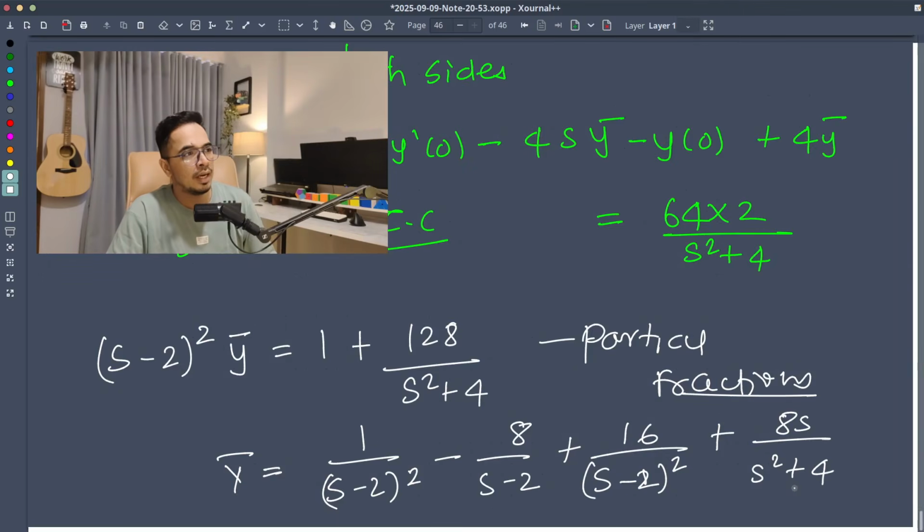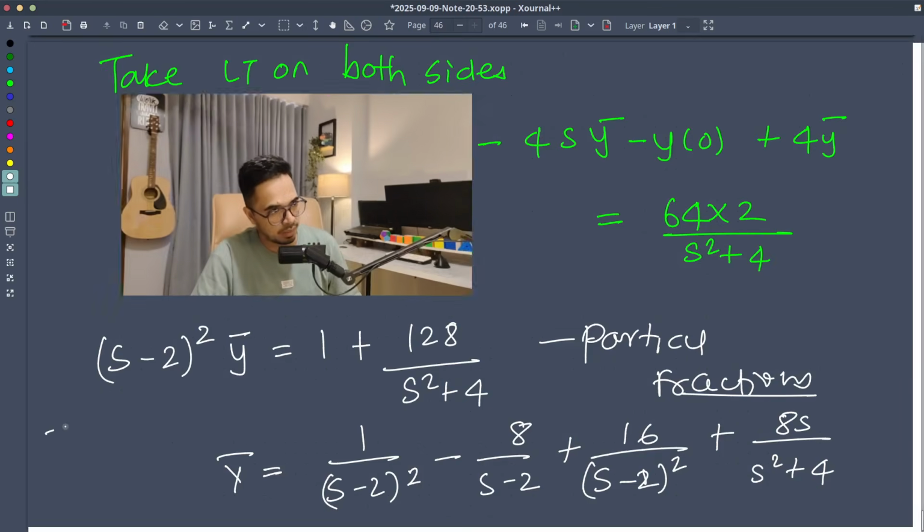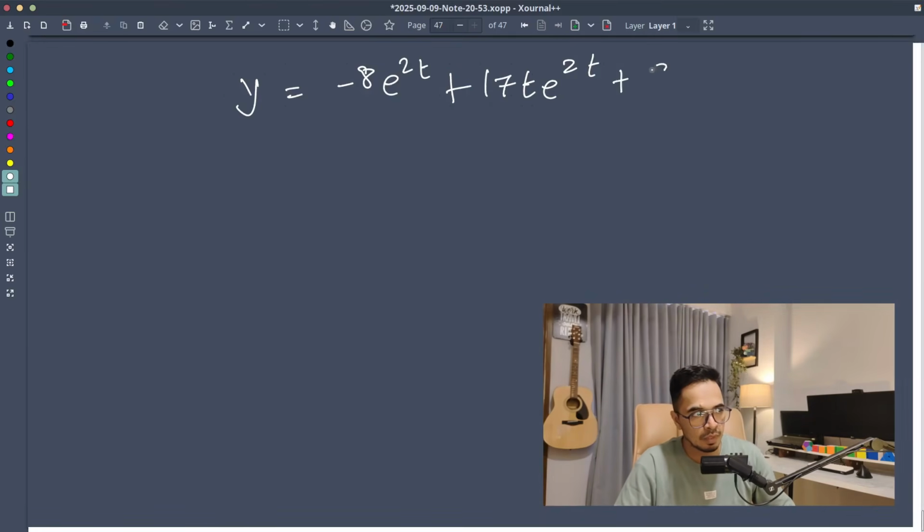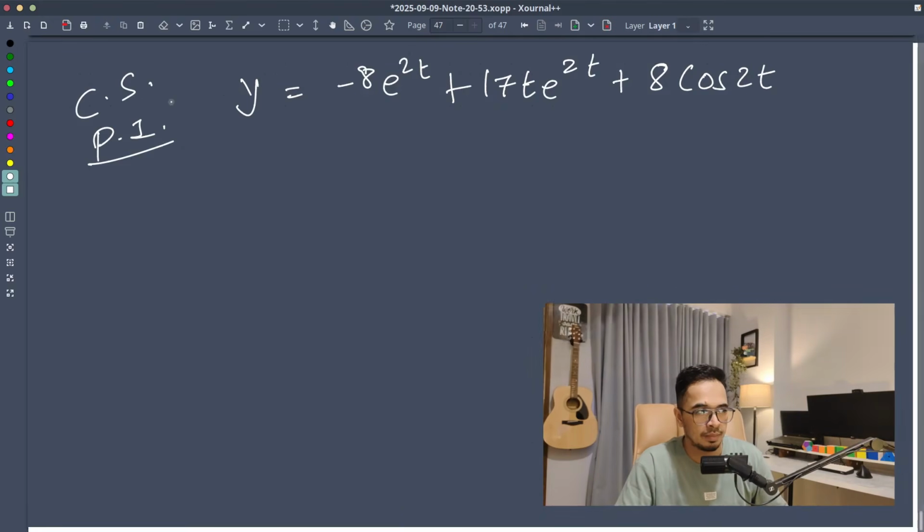right? And if we now go ahead and write down the final solutions after applying the inverse Laplace transform, this is what we get. Again, I've skipped a lot of steps, right? And the last step, there is no need to do any of these things. We can directly get the solution of differential equations by Laplace transform. First order, second order, doesn't matter. It's that simple,